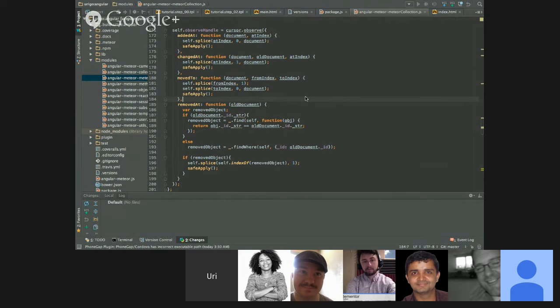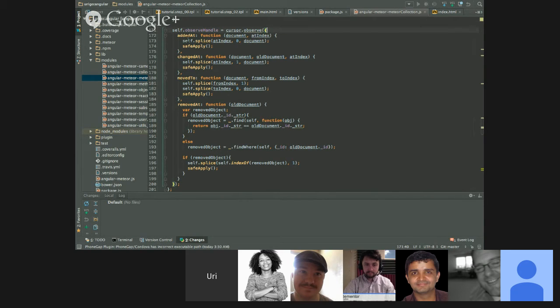So when you use a cursor, let's say, it means I don't want to get the whole collection, but just the first 5 results. Or I want to get the first 5 results sorted by first name. And Meteor watches over that cursor, so it will update only those 5 objects, and return those objects sorted by something. So we actually extract that cursor from the parties, and we observe it.